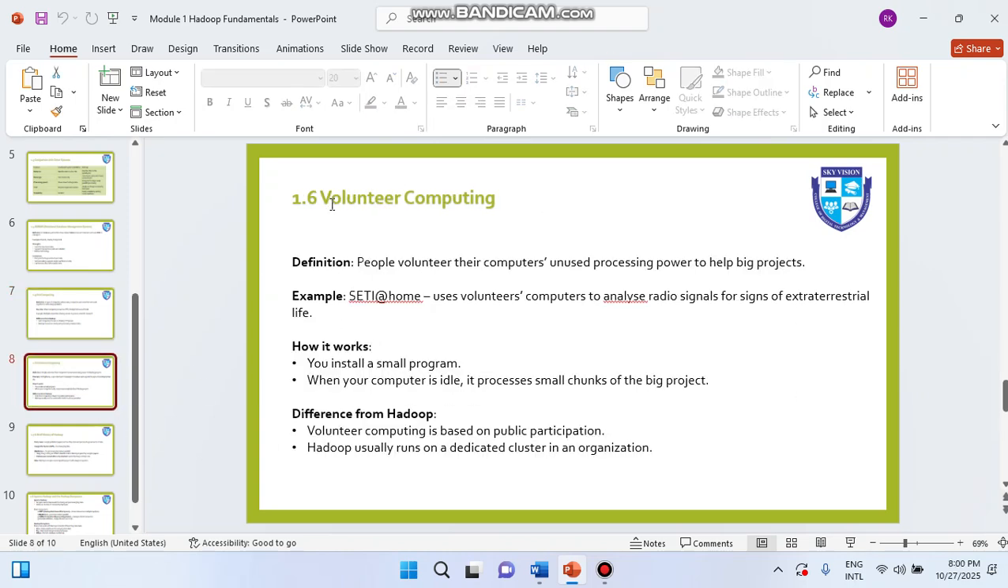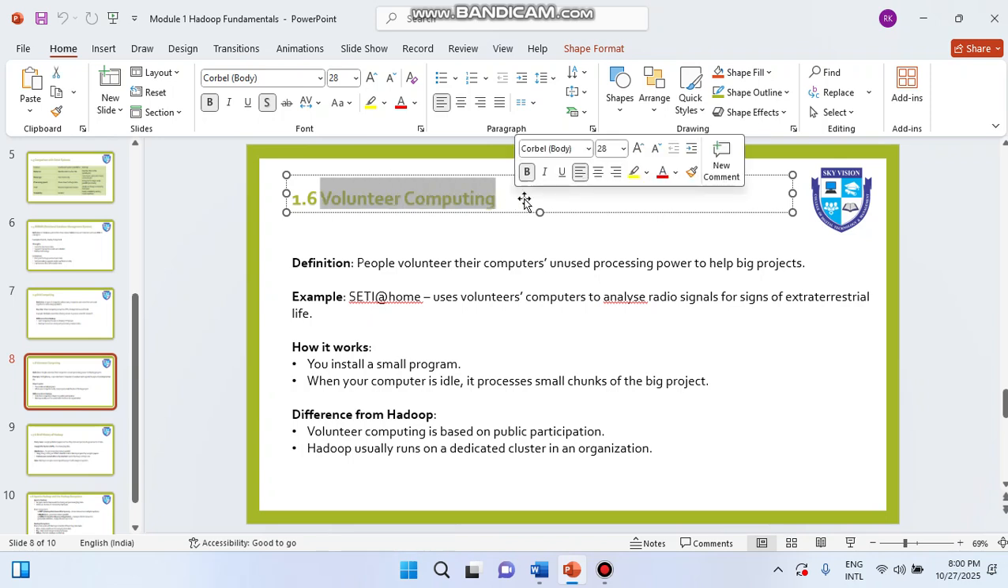Now after this one, voluntary computing. Voluntary computing is also important. You know what voluntary means? Suppose we are going out somewhere, and I say that I want volunteers who can handle the others, right? So we can call it voluntary, meaning what, over here you can see